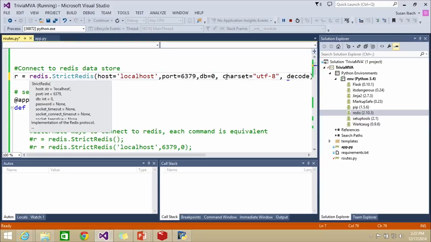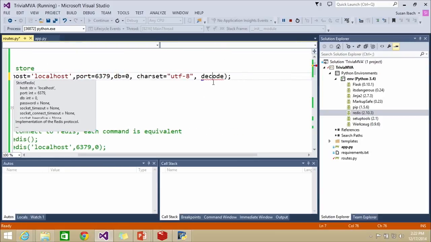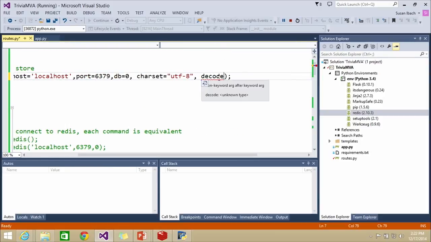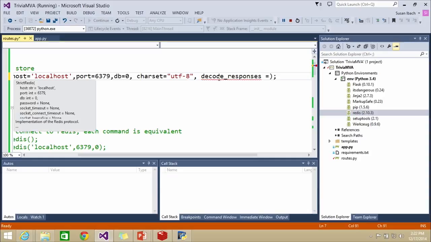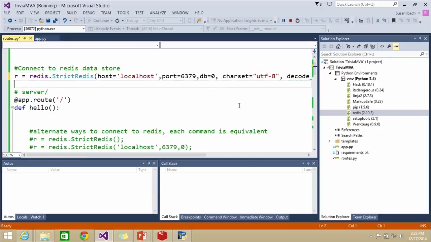Don't worry about that too much. And then I've got the decode responses. I'm going to specify, when I do this, please decode my responses when they come back. I would like to do that automatically. True. All right, once I've done that, now I am going to stop debugging,